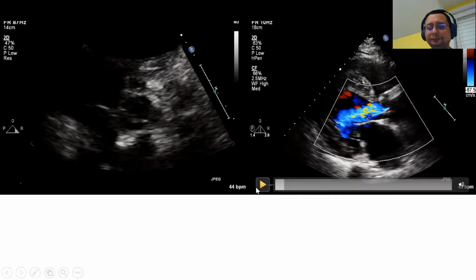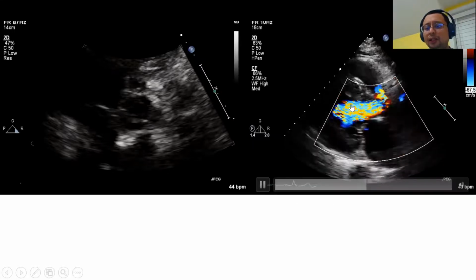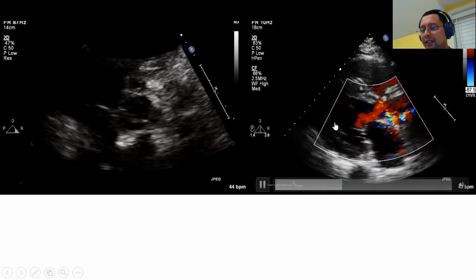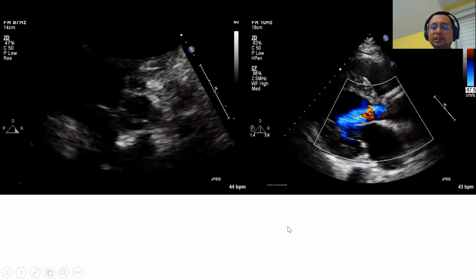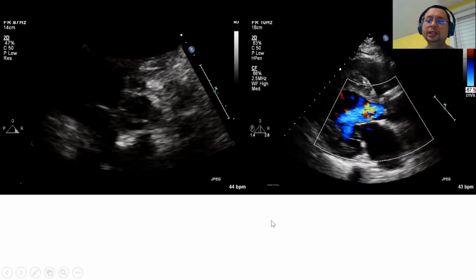So what you do is, you also look at whether the LV size is more than 5 centimeter in systole and whether the ejection fraction is less than 50%. So this patient has severe aortic regurgitation, and we already answered the question. It is severe aortic regurgitation. In terms of symptoms, the patient tells you that he is symptomatic. So this is a symptomatic severe aortic regurgitation. If there is no other cause of aortic regurgitation, this patient should go for surgery.